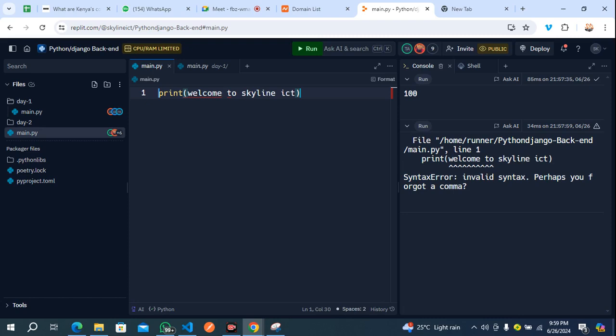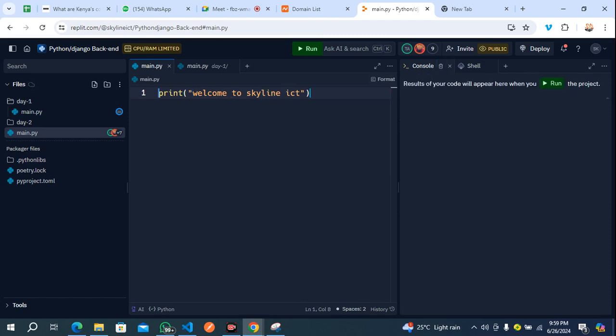If you want to write a string, like I said, strings are a sequence of characters. You need to put them between quotation marks, right? So it is important that we do that. Put it in quotation marks. Then when we are done, let's clear this, and then you run your code.